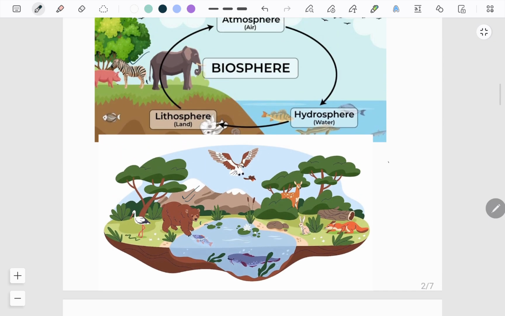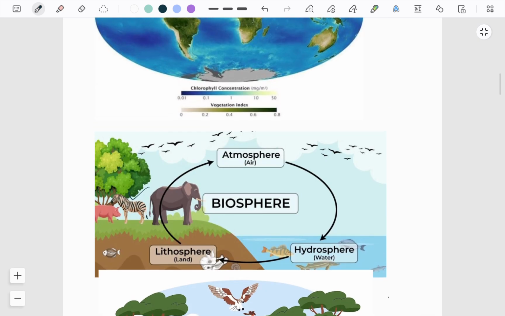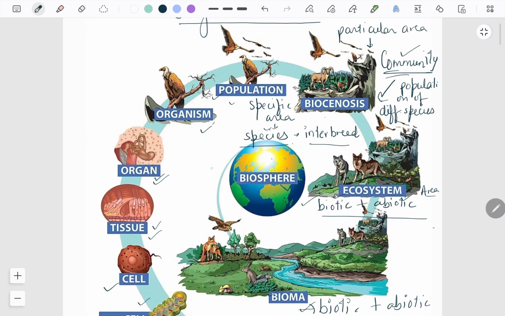So different types of biomes we will study later, and all these biomes together make up the biosphere, the largest scale, the biggest scale. Okay, so what is biosphere? All the life on earth, simply all the life on earth, and